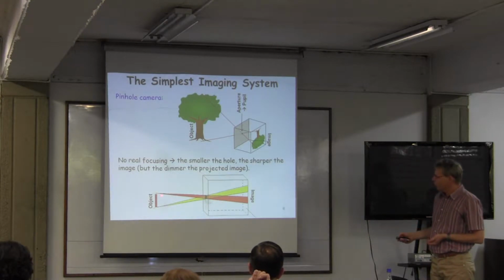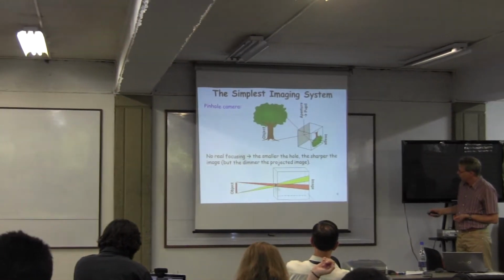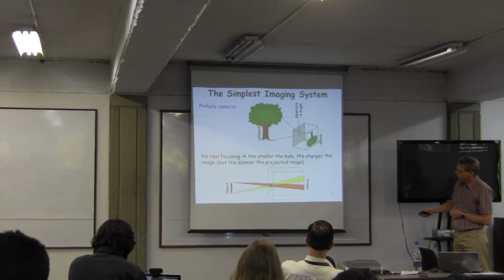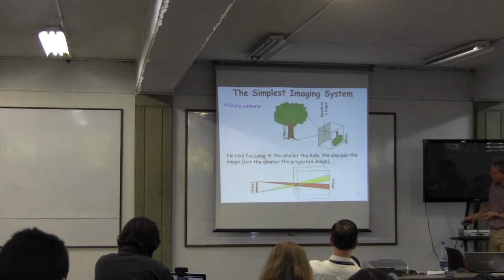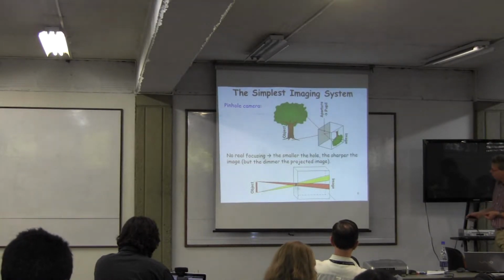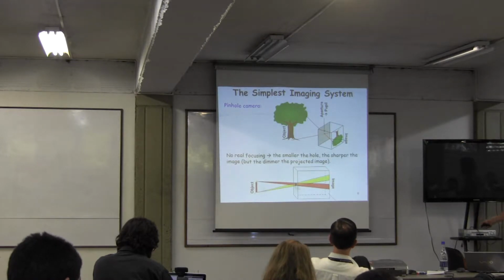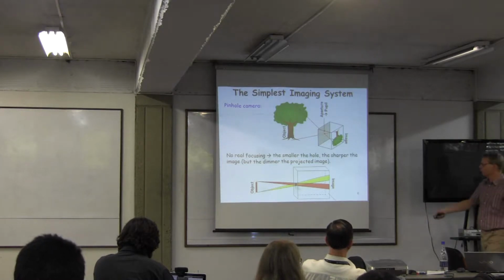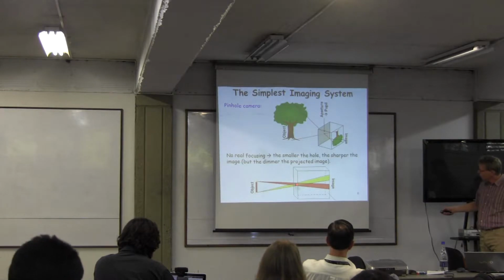Let's say from one point you have the size of a certain hole, and you have an angle. The beam coming from that point has a certain angle, and that will be imaged here. Same here, but you can see there is no real focusing. If you put that screen further away, or if you make the hole bigger, then this beam also becomes bigger and the whole thing becomes very fuzzy. So the problem is that pinhole cameras don't focus. But of course, we could put a lens